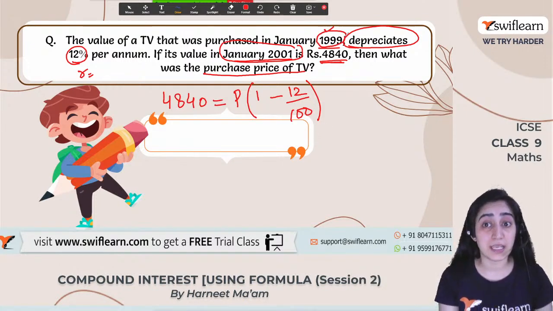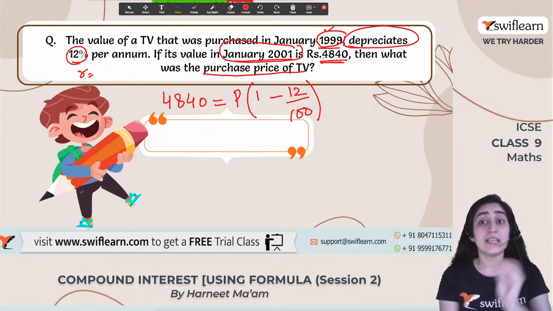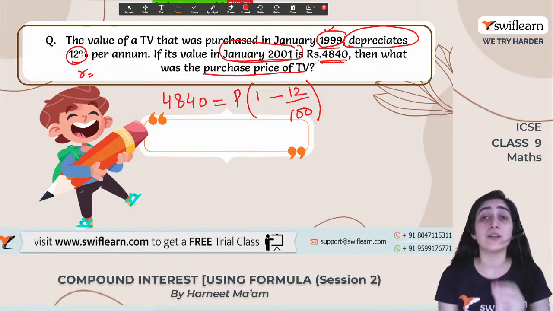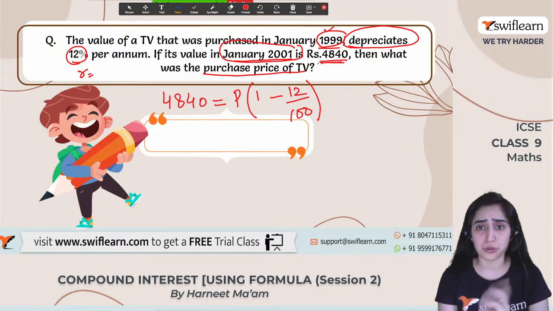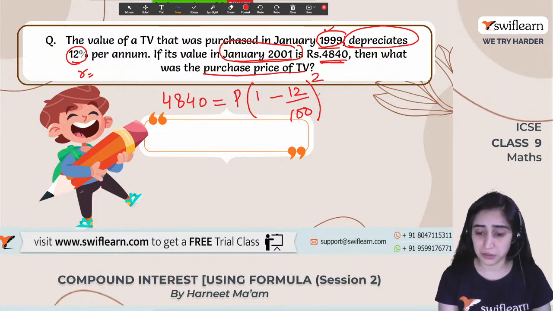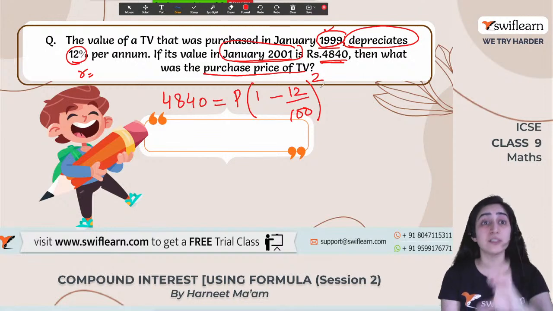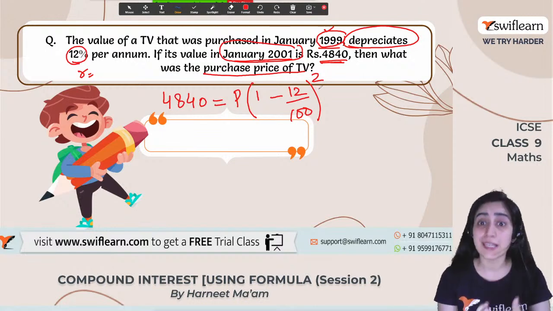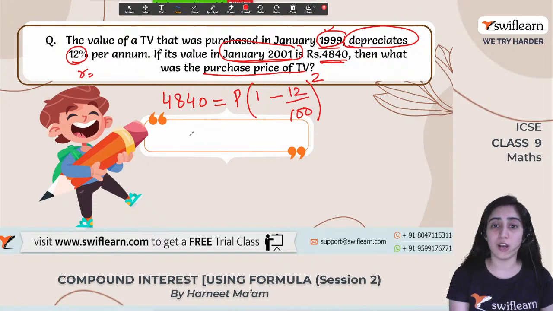1999 में मैंने बाय किया था एंड 2001 में मैं उसकी प्राइस पूछ रही हूँ, तो कितने ईयर्स हुए? 2 years, right? Great. So by this, the difference, I'm able to know the time. कितना ले रहा है, right ना? चलो, let's solve it. We got